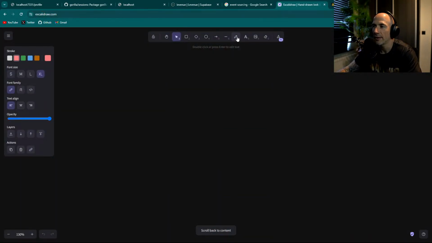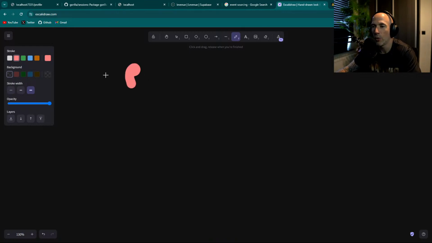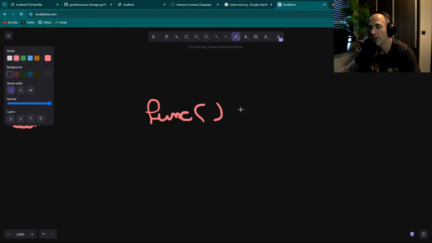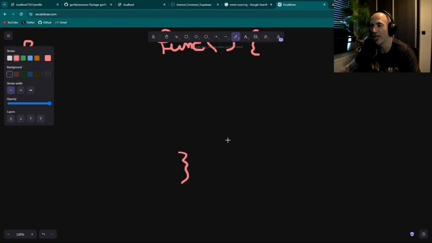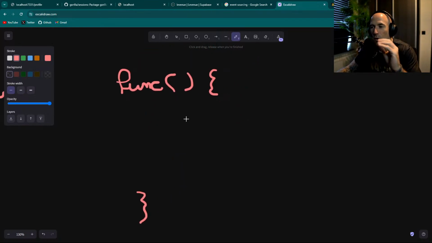Because in Golang, you can write your... So let's say this is your function. Whoa, holy crap, that's a big thing. So you're going to write your func. How do you write a function? And in Golang, the only thing you need to do is read it from top